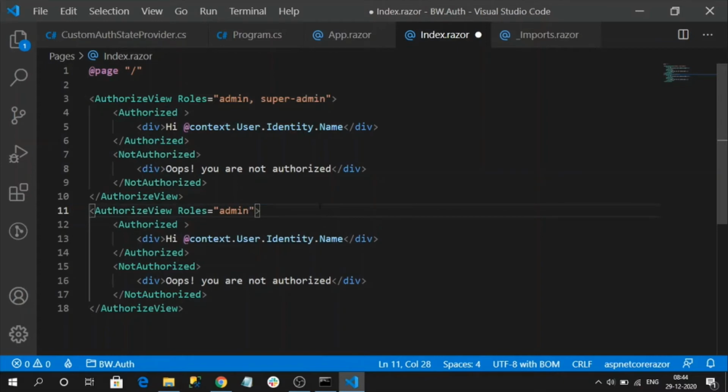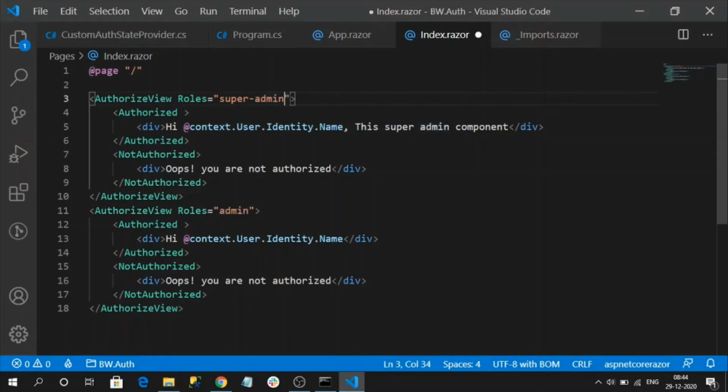we can load different components conditionally for the authenticated user, something like, hi Navin, this is super admin component. You can load child components as well based on our roles. But make sure to define only a single role in the case of multiple authorized view rendering, because if you use comma separation, and the user has multiple roles that match both authorized views, then both components will get rendered.